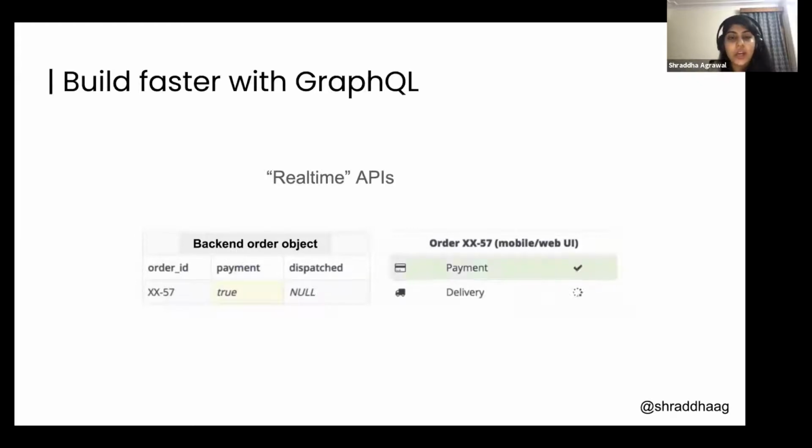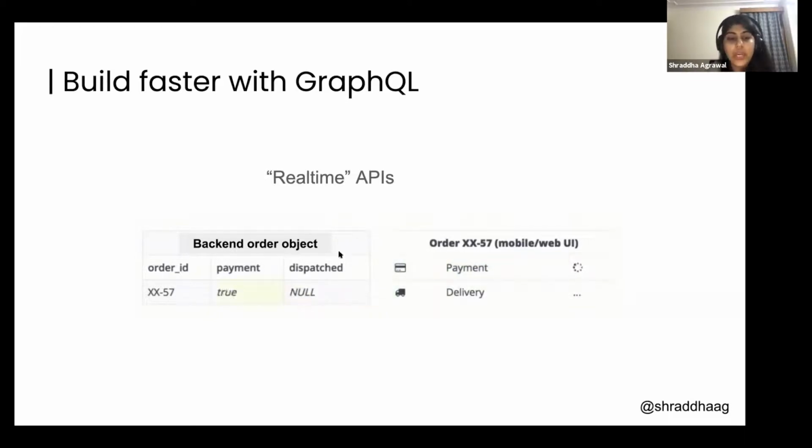Another thing is that when it comes to applications these days, when users make any changes on their apps, they want to see real-time updates. But when it comes to making real-time updates using REST, it can be done in two ways. Either the client at a certain interval keeps polling the API to check if there are any updates, and then corresponding to that, updates the front end. But this is not an elegant solution due to the obvious inefficiency. Another way to do this is to use WebSockets, but then WebSockets are a pain to set up. GraphQL again does this in a very simple, beautiful way by introducing subscriptions.